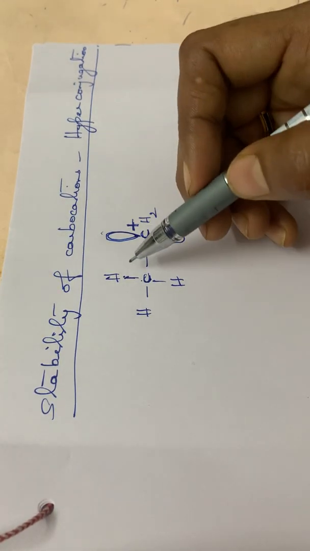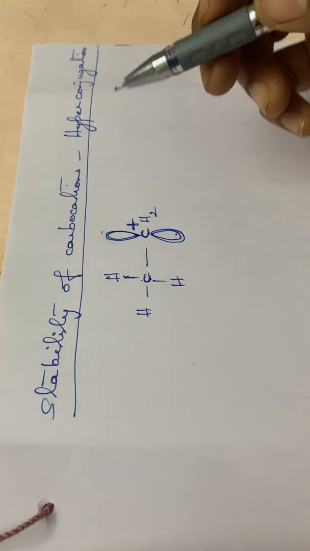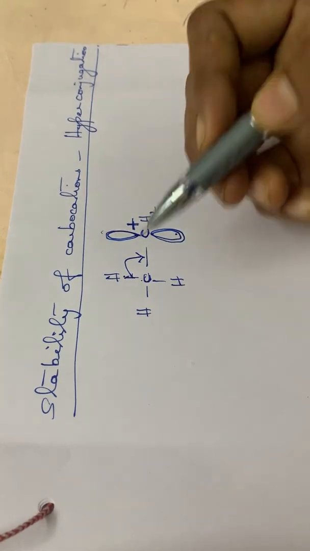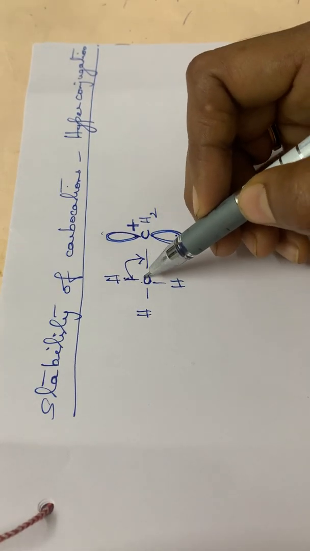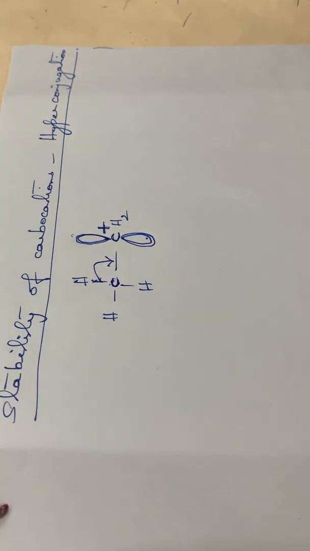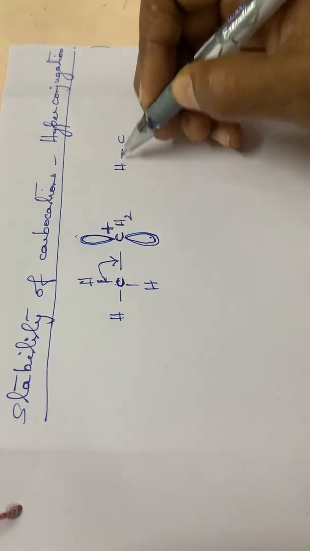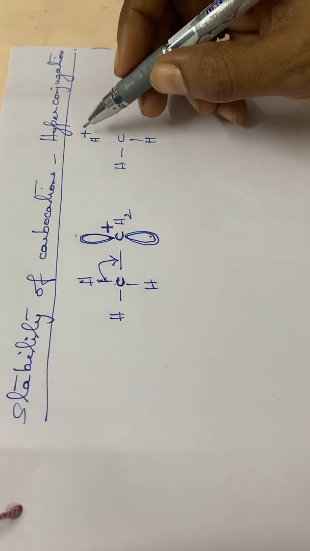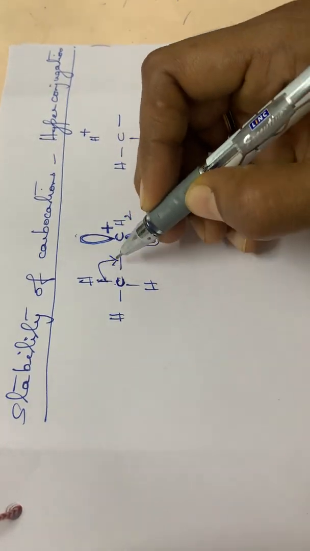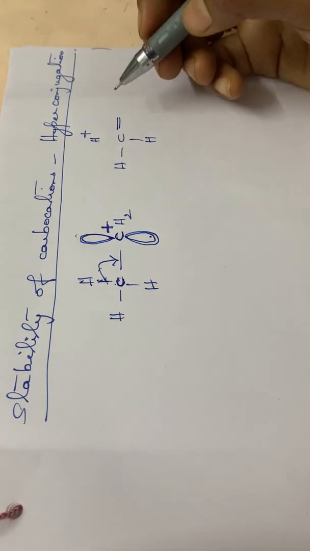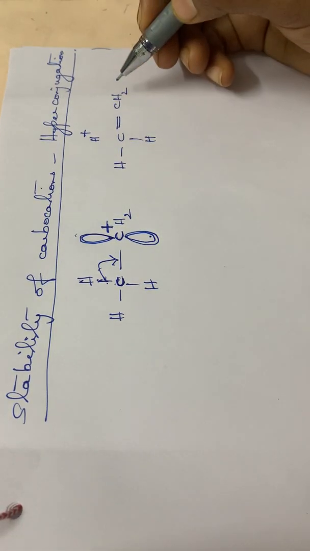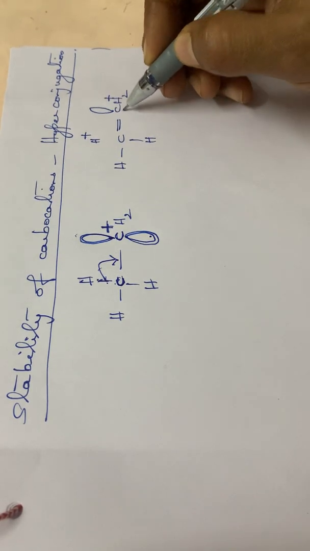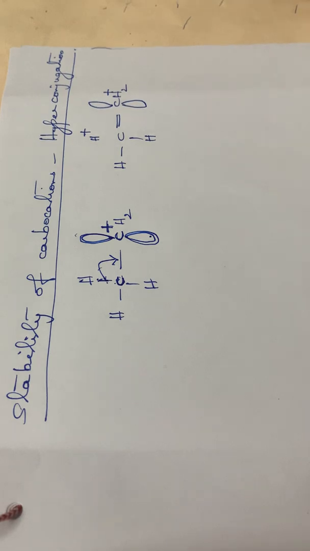Okay, so what happens here? Hyperconjugation arises. That means the electrons of this CH bond will be shifted to this position. No bond will be there between this carbon and hydrogen, so we can write it like this: CH, I had written all these near hyperconjugation, isn't it? So it becomes H plus. Here it becomes a double bond since the electron pair will be moving to this position. So it will have CH2 plus. So this is the unhybridized p orbital.